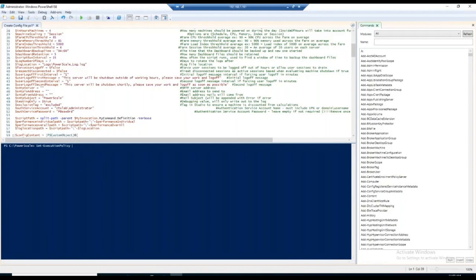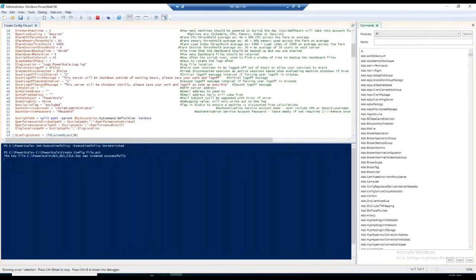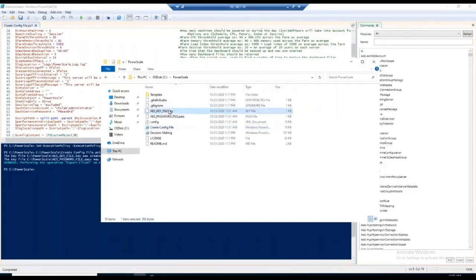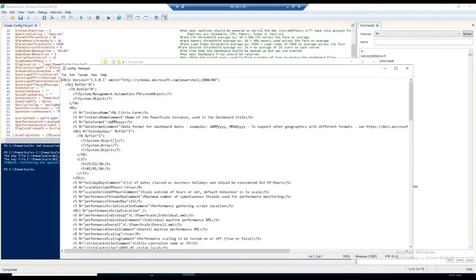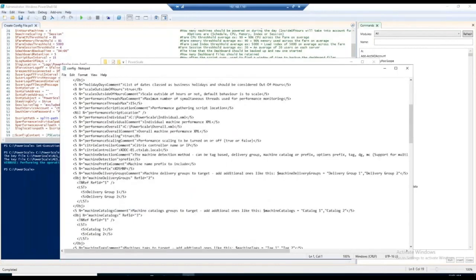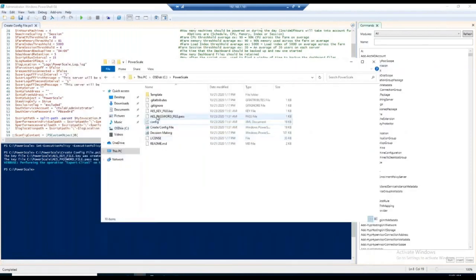Remember to set your execution mode or your execution policy to unrestricted, otherwise it probably won't let you run it. I haven't signed them, so just so you know. All right, cool. And you can see there that's generated an XML file. So if I have a look, I've got a config.xml file there. Brilliant. You can edit this directly if you really want to. It's just a bit kinder with the PowerShell. Right, but you can see all of the details that I've put in there.